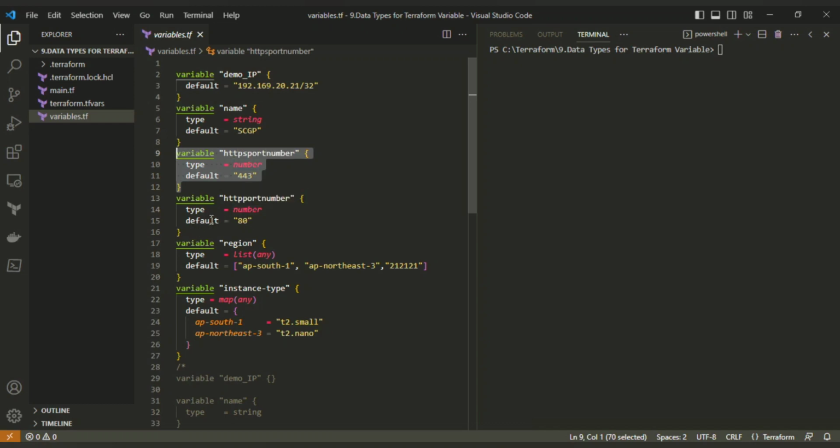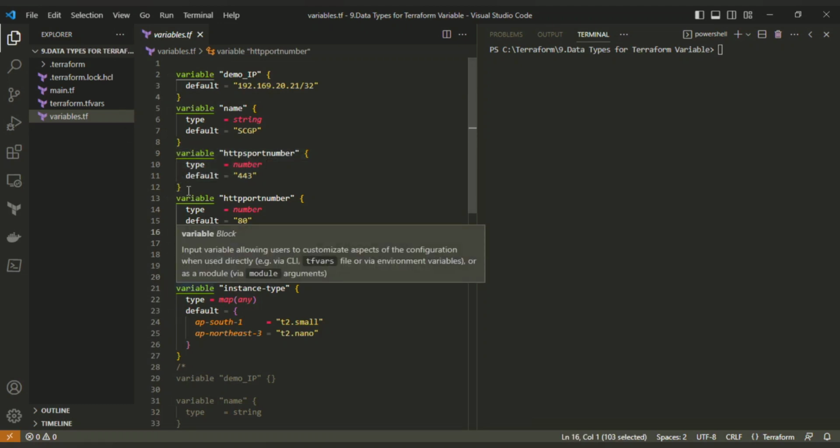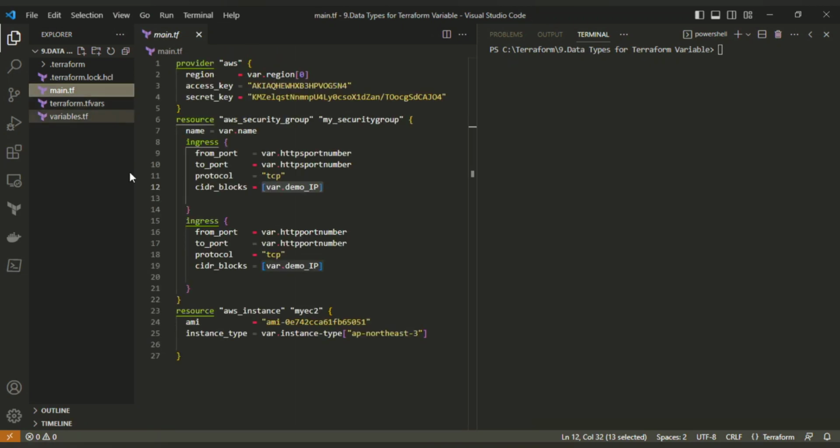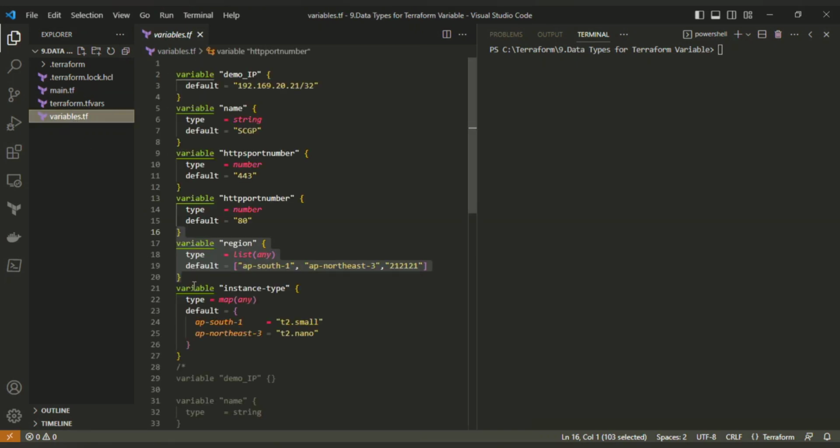So if you specify a value in string format, it will not accept it. It will throw an error. And for region, we are using list, and for the instance type variable, if I go back again, for the EC2 instance I'm using the instance type as a map. So a map is basically key and value. So if I go back here, you can see